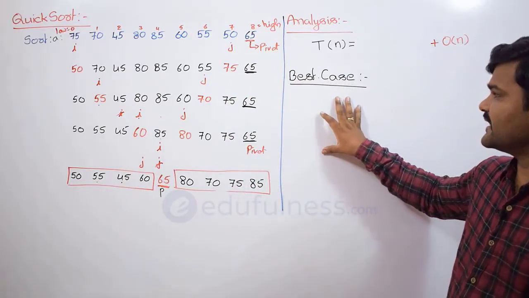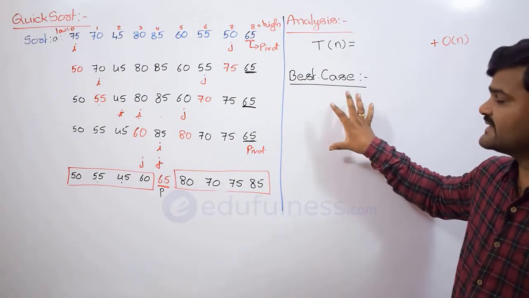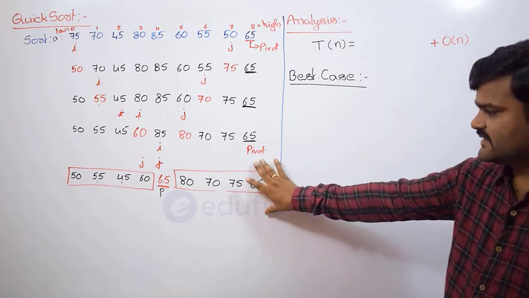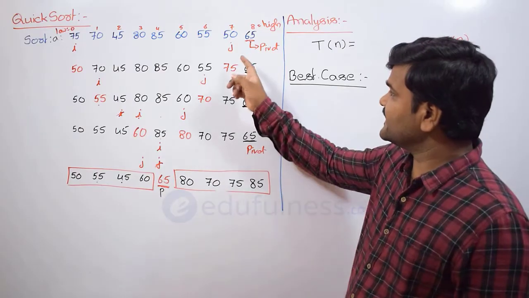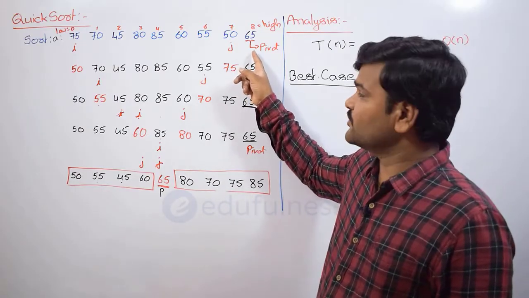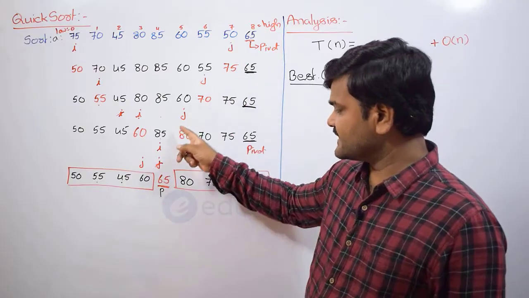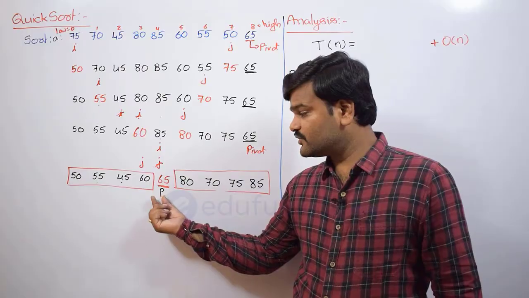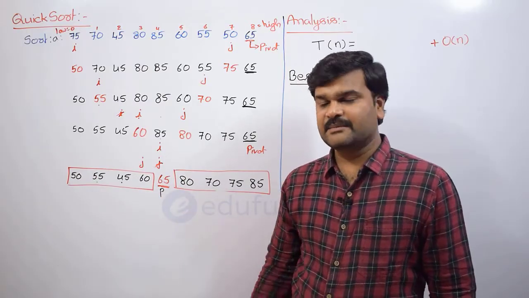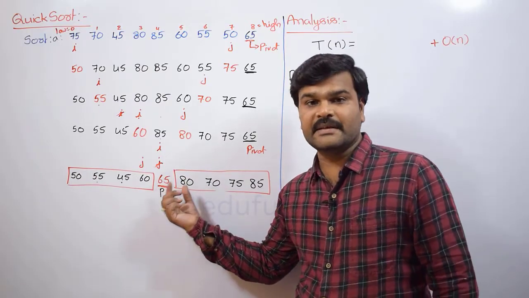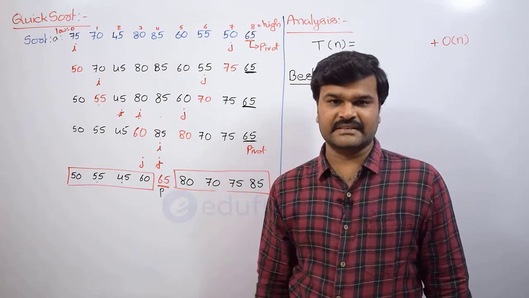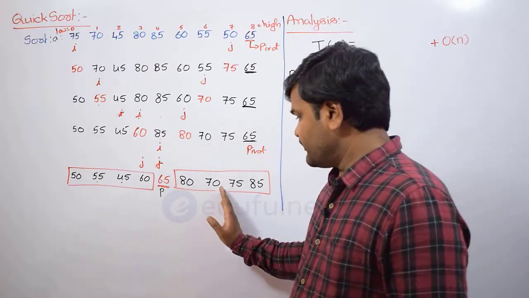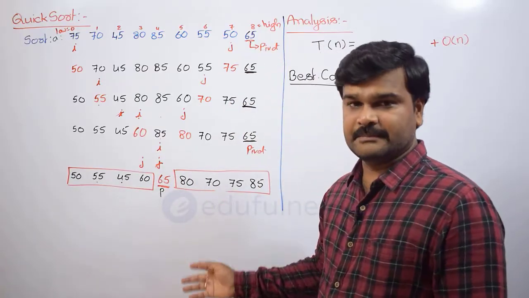So that is what first we are going to see: best case time complexity. For understanding this one, let us take this example only. Whatever we take as the pivot element, where is that pivot element placed actually? That pivot element is placed exactly at the middlemost position. Sometimes that may be middle or approximately middle. It need not be exactly middle, but approximately both the sides' sizes are the same.